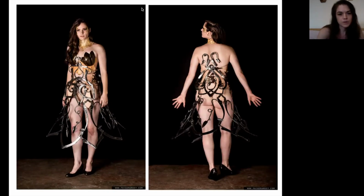This piece is made up of 3 separate pieces. So the skirt's separate from the middle section, and then the top part is separate. The bust is made out of brass. It's patinaed brass in 4 raised sections, and the skirt panels are all symmetrically forged pieces that wrap around the figure. And it gets a little tricky to try and make it fit the body, so I started adding leather to it. So it's all harnessed around the waist, so the weight of it is on your hips instead of causing excessive pain elsewhere, which I learned